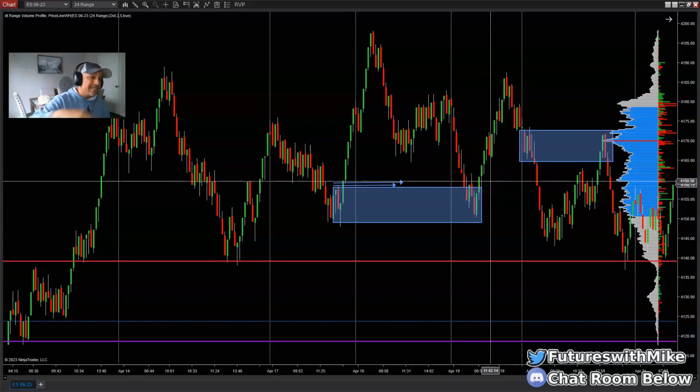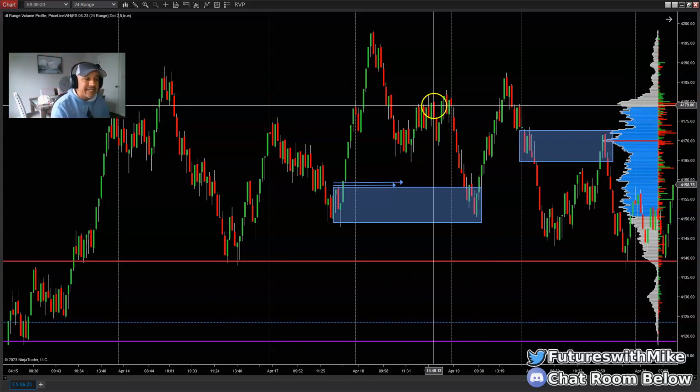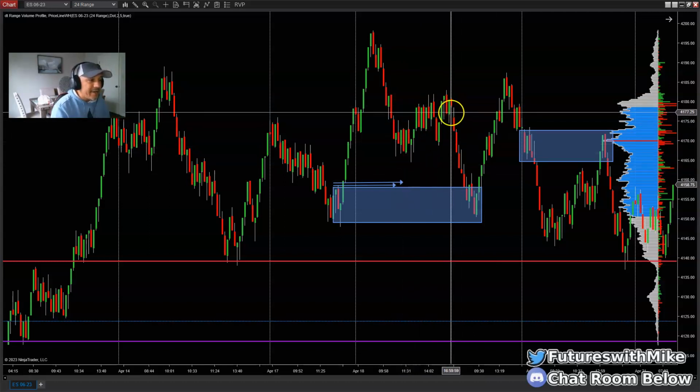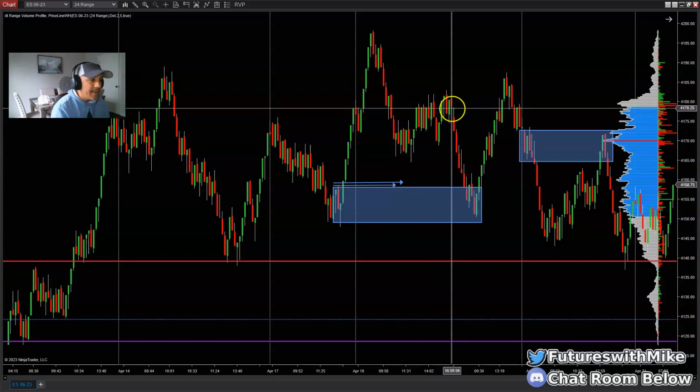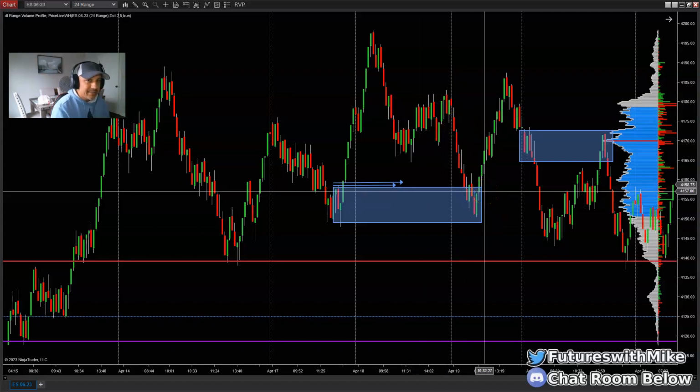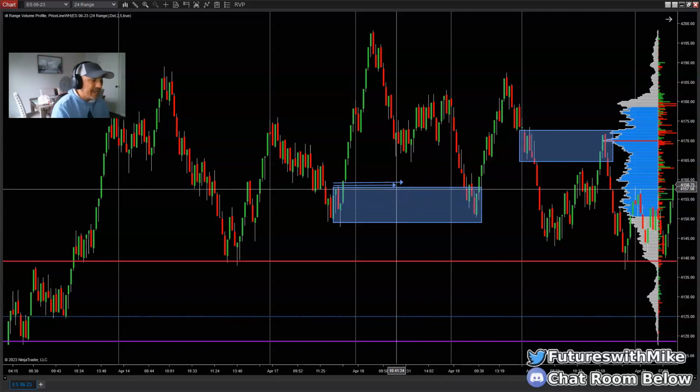Now, remember what I said a little earlier. Do you see anything that stands out here? I'm going to ask you that. To me, yes, we have an area of supply sitting up here, up here with an imbalance as well. So once I get rejection here at the demand zone, where there was an imbalance as well,